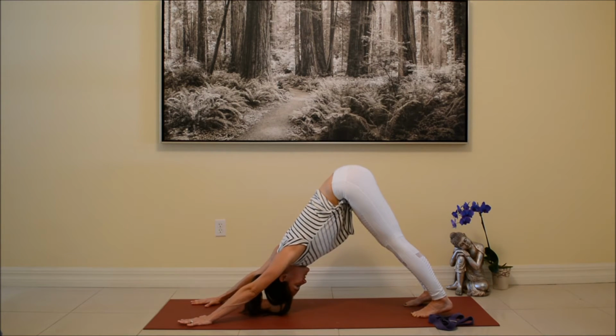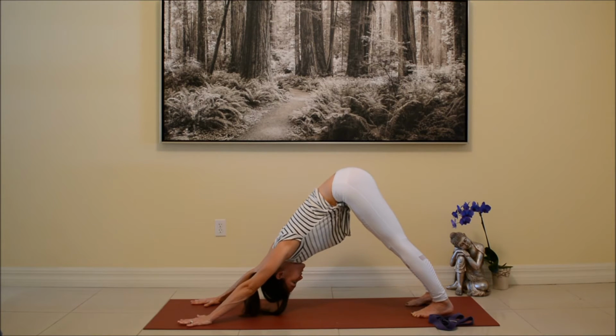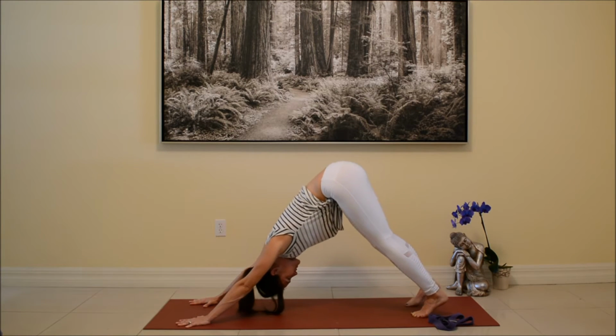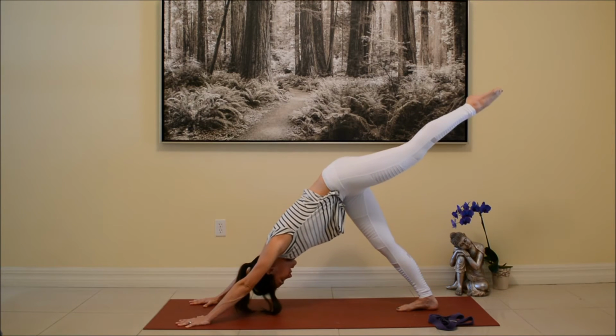Reach the tailbone up to the sky and lengthen through your legs. Reach the heels down to the ground. They don't have to reach all the way, but imagine they're pressing toward the earth. Very nice. So let's take the right foot to the center line of your mat, lift your left leg, and